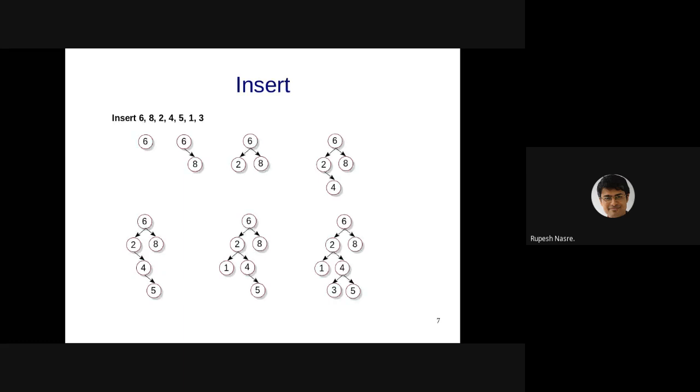Within 1, 2, 3 also, they can form a chain if I insert them in that order. Therefore, I should choose to insert 2 after I have inserted the root for the left subtree, so that 2 becomes the left child of 4, and then 1 becomes the left child of 2, and 3 becomes the right child of 2. I'll show you pictorially, but since this discussion came up, I thought I'd mention it. Okay, Murari says if it is sequential input, then no.